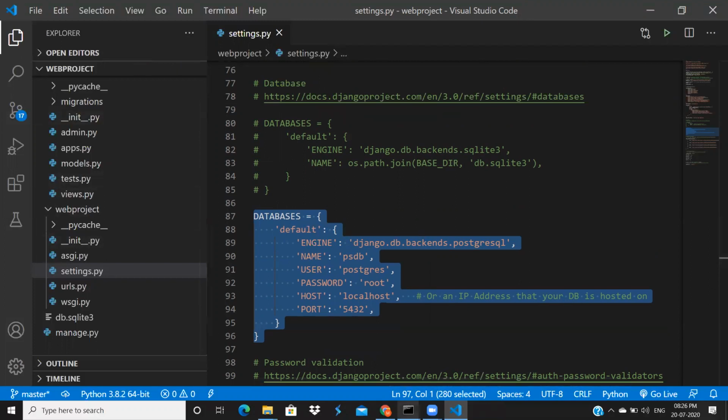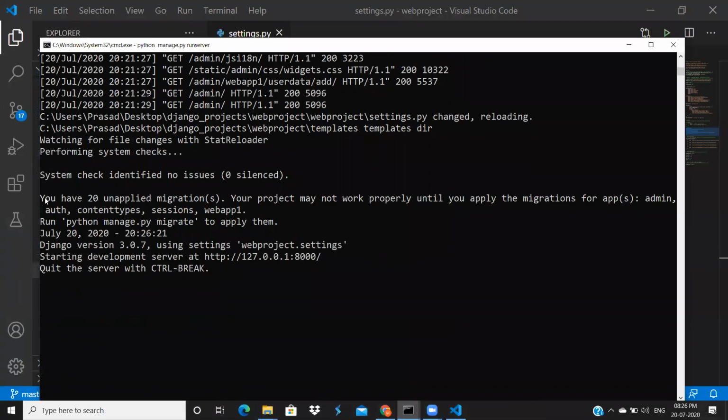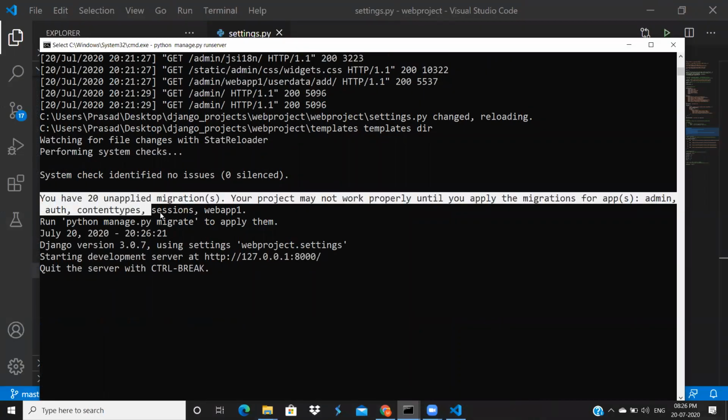Just go to command line and then see here. Here it's telling you have 20 unapplied migrations. Why? Because your database is empty. You don't have any tables inside your database. That's why it's telling you have 20 unapplied migrations, or some number here. Just you have to run this command python manage.py migrate.